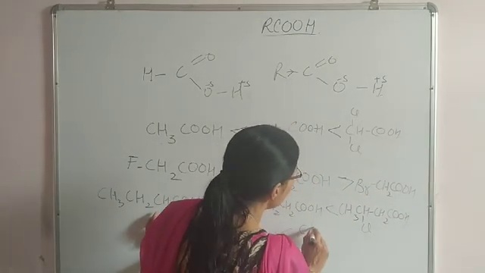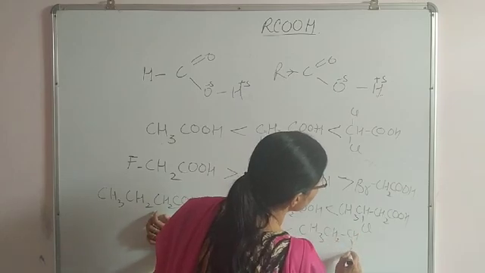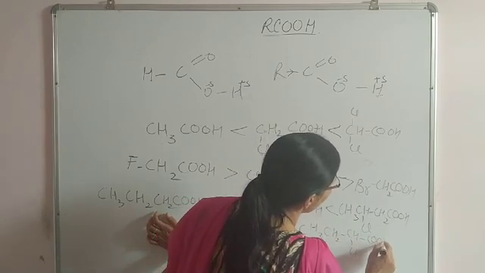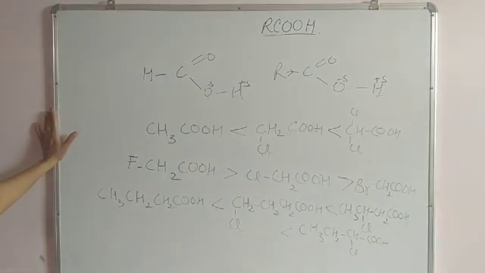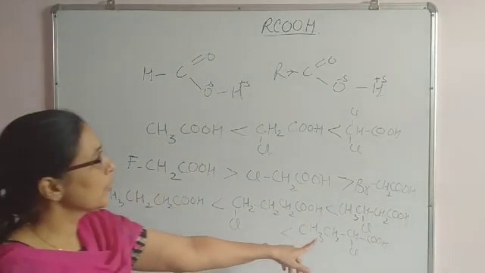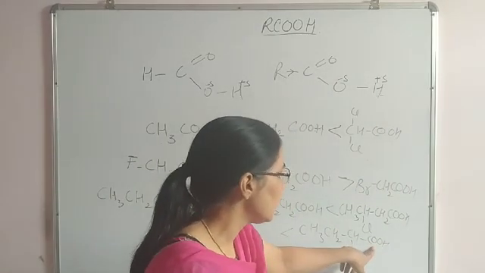Then CH3 CH2 CHCl COOH. You will see from these four acids that the chloro group is closer to the carboxylic acid group,